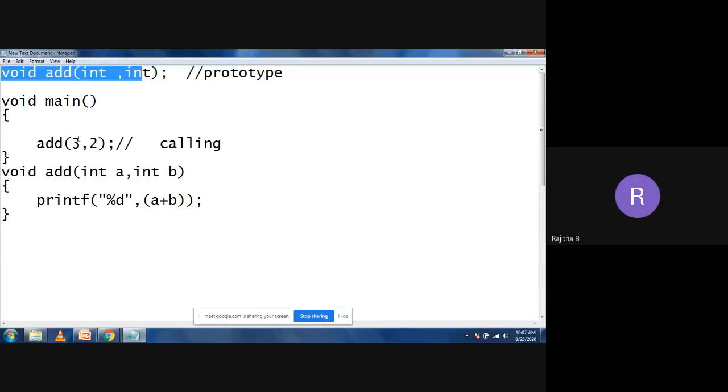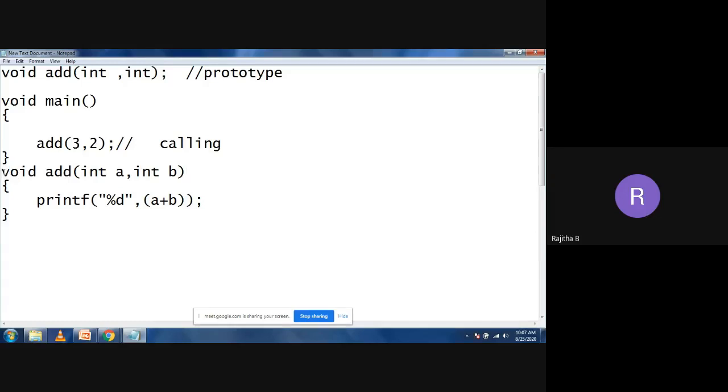Okay, so this is the prototype. So if you want to use the functions, we have three statements. It is a prototype, which means before the main function you need to declare what the function name is that you are going to use in your program, and what type of parameters you are going to use. You need to declare that prototype before the main function. And within the main function, I'm calling the add function. This is my function name, add, and I'm taking two integer parameters, 3 and 2. So this is the calling function, and this is the function definition.